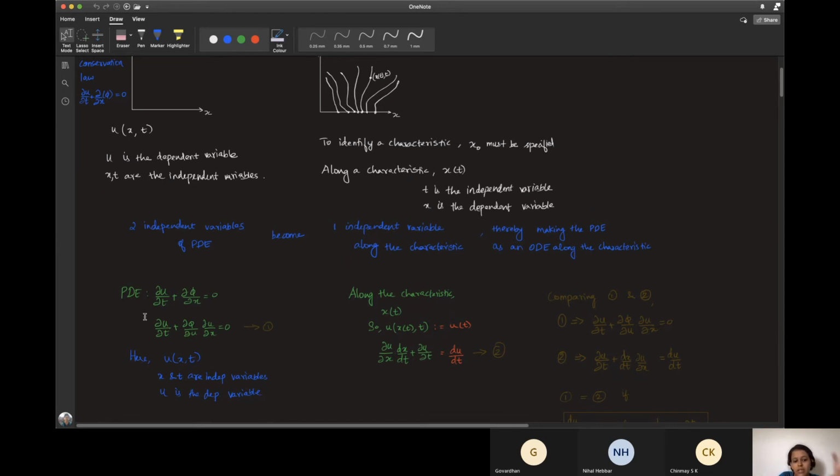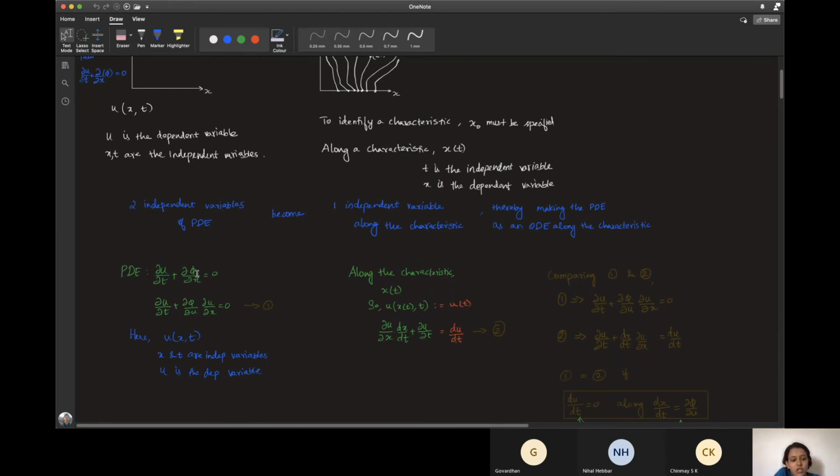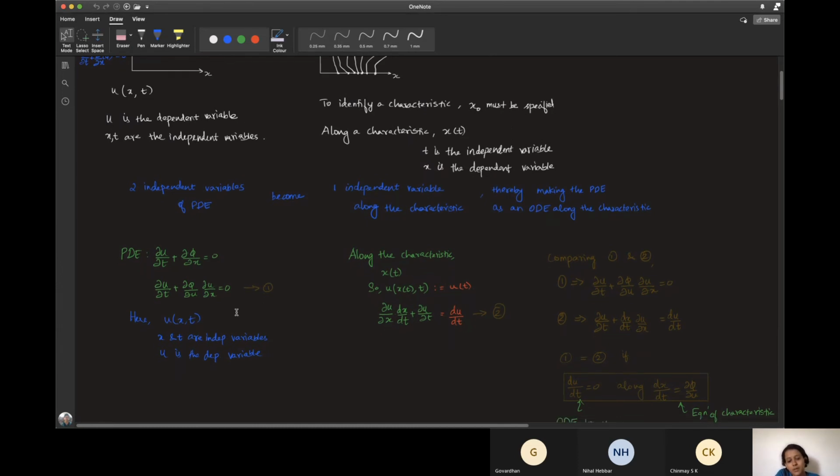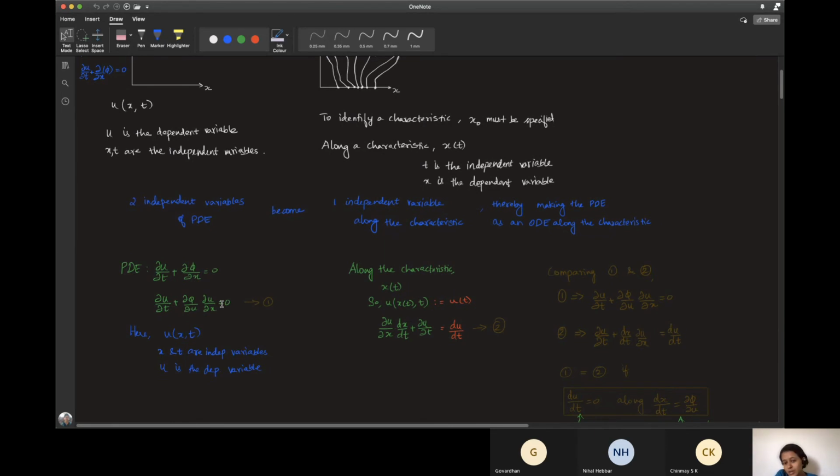So based on that, anything which is inside the time derivative becomes the conserved variable, and anything which is inside the spatial derivative becomes flux. So your phi is the flux, and you're writing that as dou phi by dou u into dou u by dou x. So u is a function of both x and t, so it's possible for us to write the PDE as this equation.